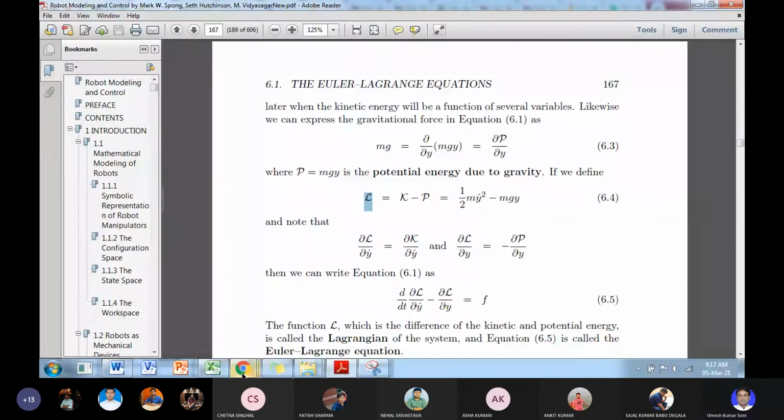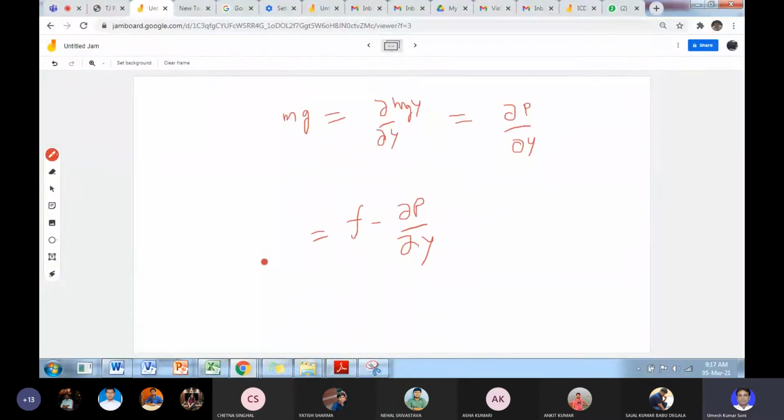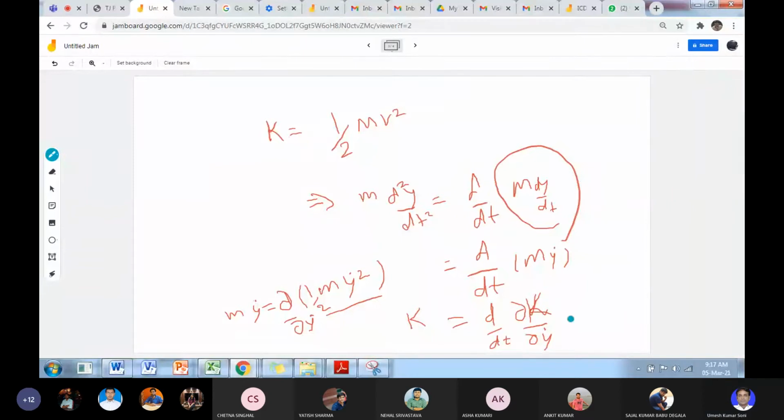Okay, so once you define the kinetic energy minus potential energy, here in two equations, you know that P equal to mgy, and here in this equation you know that this is m y double dot, and this is kinetic energy. This is 1 upon 2 mv square. Okay,